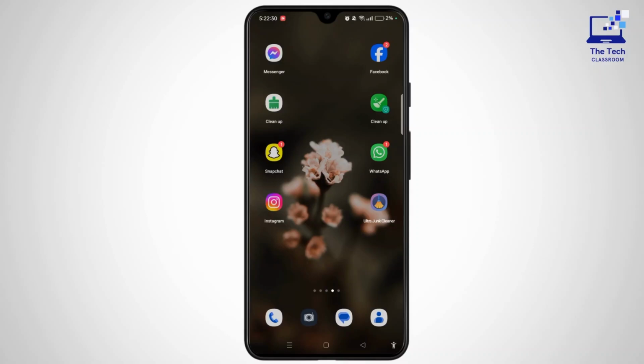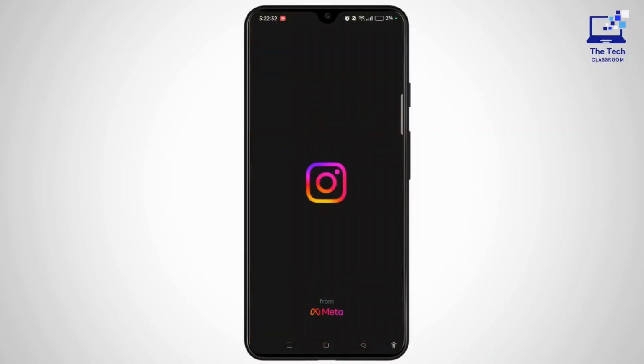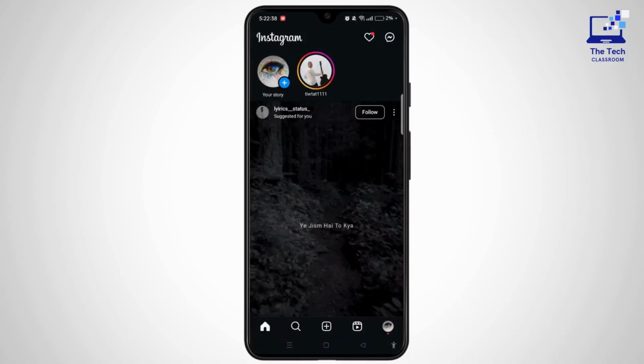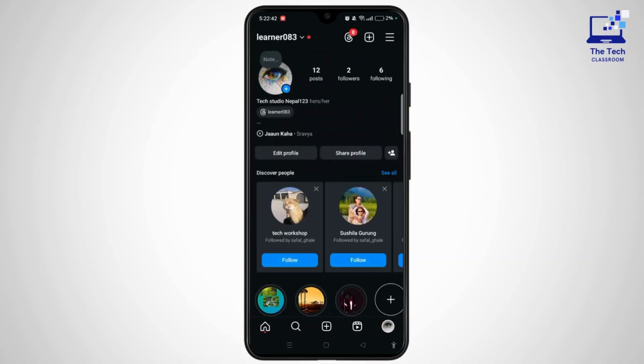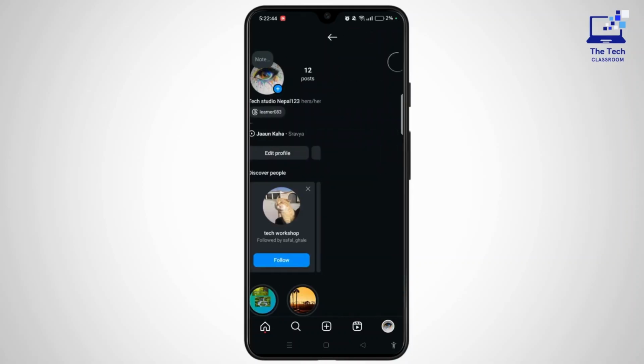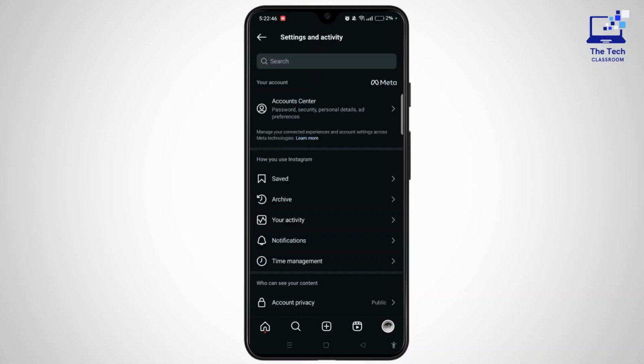Launch Instagram app on your device. Log into your account. Tap profile icon at bottom right corner of the screen. Select three-line icon at top right corner of the screen. Now choose Archive under how you use Instagram